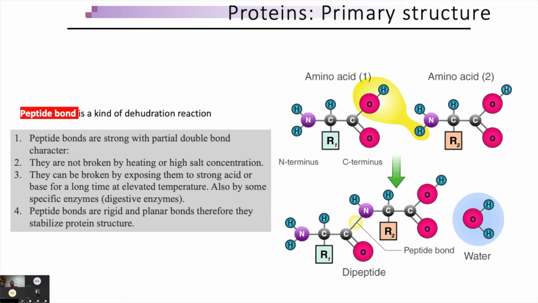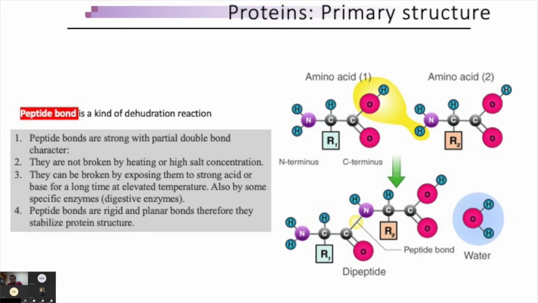So fundamentally, when we talk about a protein structure, the first thing, which we have already discussed in previous lectures as well, is that when two amino acids are joined together, they make a bond which is called a peptide bond. And in fact, this is a dehydration reaction, just like any other dehydration reaction. So for example, this is amino acid 1 and this is amino acid 2. The carboxyl part of the first amino acid and the amino part of the second amino acid join together, and they make a bond